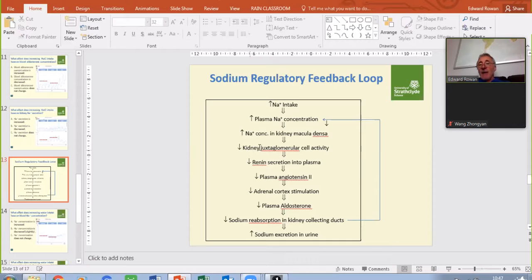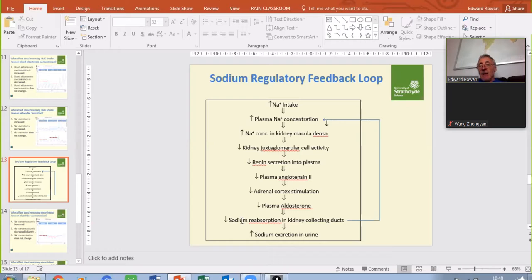That results in a decrease in the kidney juxtaglomerular cellular activity, and that results in a decrease in renin secretion. That results in a decrease in the plasma angiotensin II secretion. That results in a decrease in the adrenal cortex stimulation, and that results in a decrease in the plasma aldosterone levels. And therefore, because of that decrease in the plasma aldosterone levels, you get a